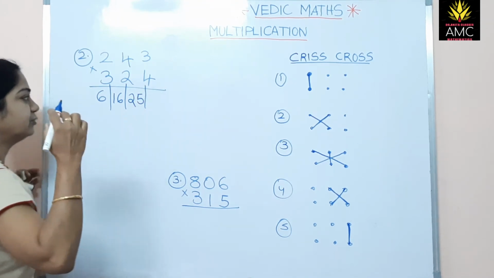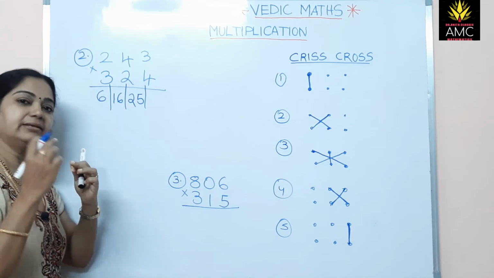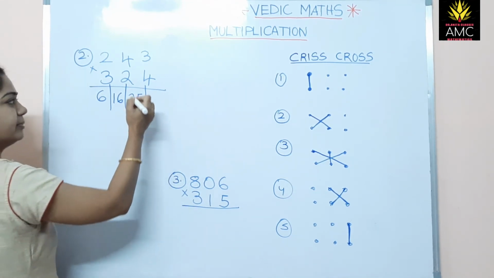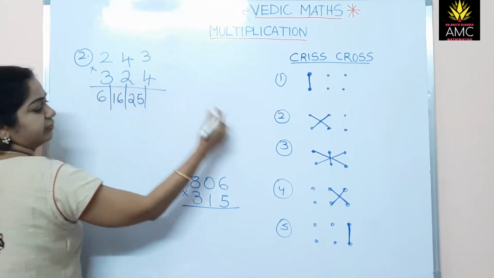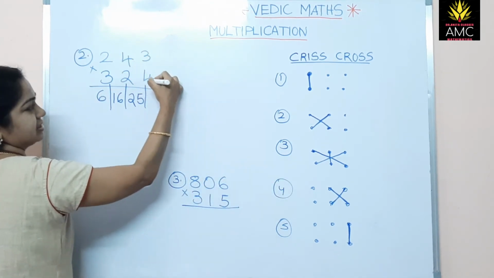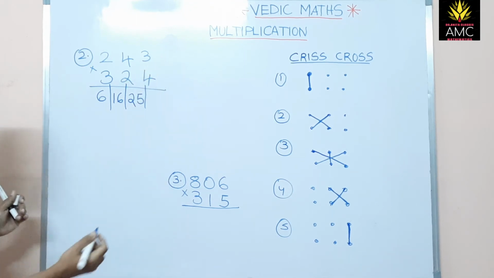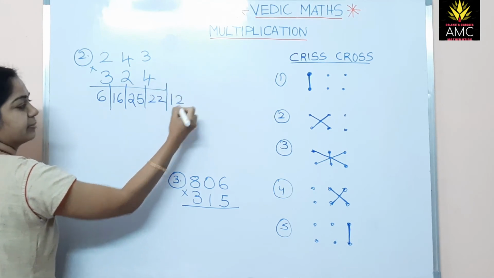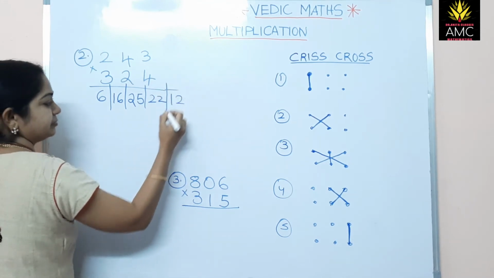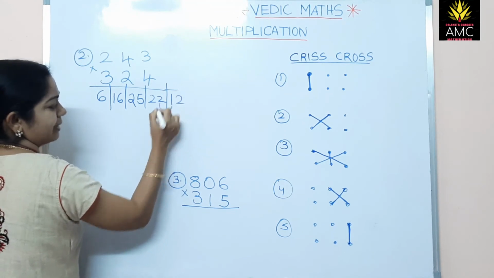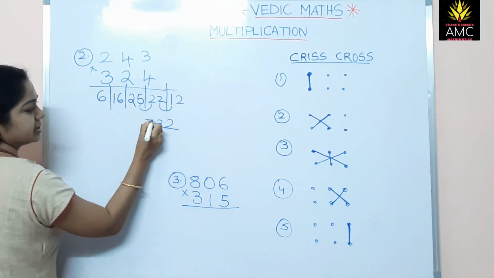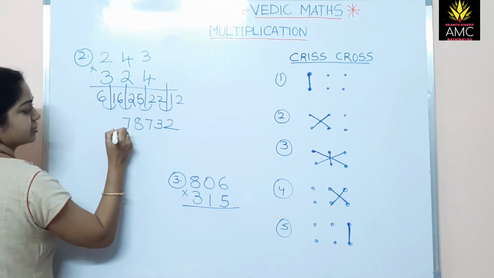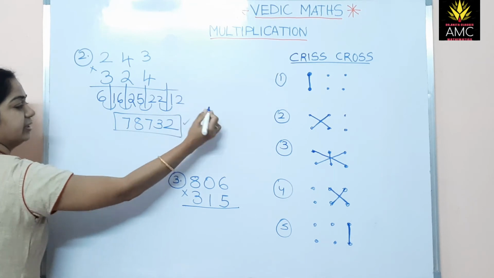So if you don't get to add it in the mind, just write it in rough if there are big numbers. For small numbers you can add it in mind. Now the fourth step is extreme here, 16 and 3 2 6, 16 plus 6 is 22. Here 22. Now 3 4s 12, the last step. Here we will do the balancing: 2, and this will be balanced here, 3, this will be balanced here, 7, this will be balanced here, 8, and this will be balanced here, 7. So this is the final answer.